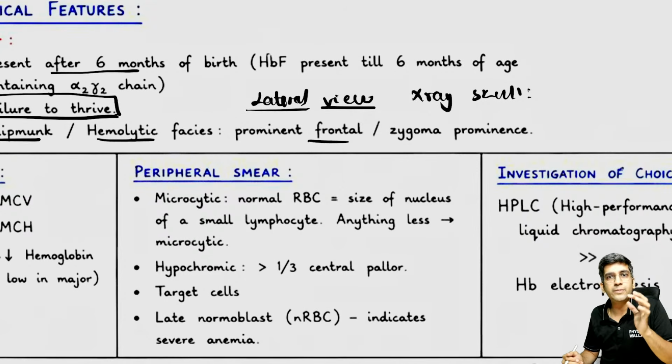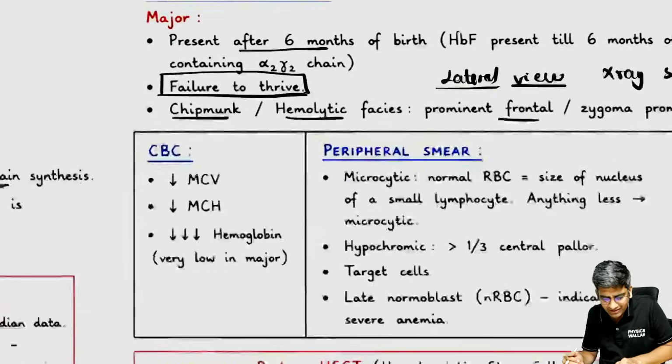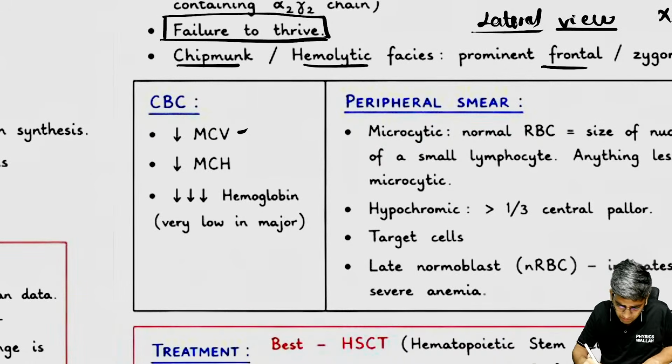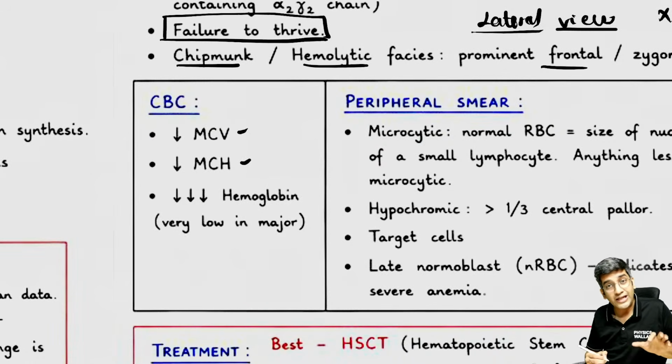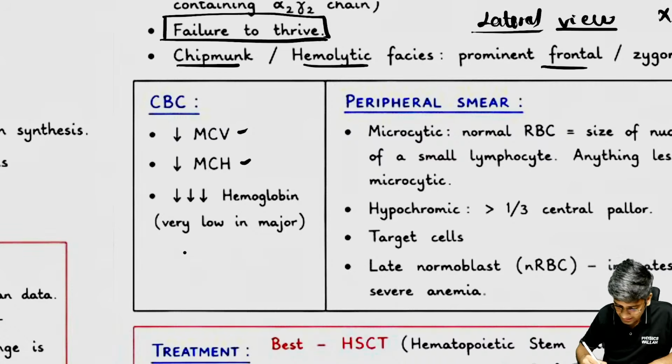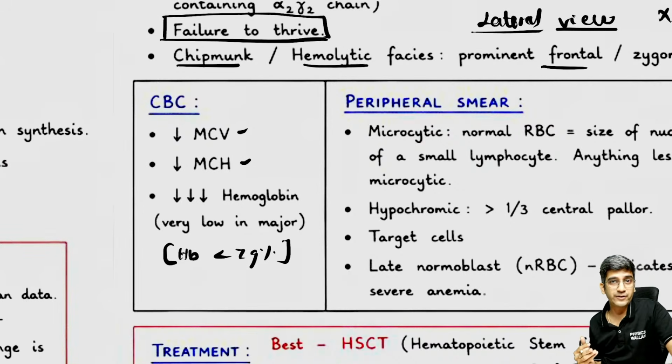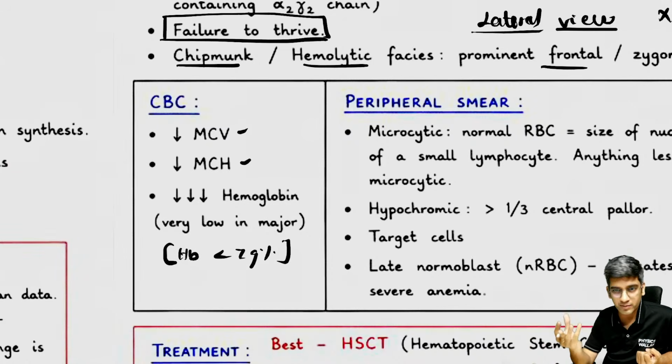Fine. So what will be the CBC finding, right? We have a template to fill it up. MCV will be reduced. MCHC will be reduced. Hemoglobin will be very, very low, right? Hemoglobin will be less than 7 gram percent in most of the patients. That's why failure to thrive. Hemoglobin is 7, the kid cannot survive, right? Because for everything in my body, we need the hemoglobin. Great, guys. Hair on end appearance or the crew cut appearance is the X-ray finding in the lateral view of skull,